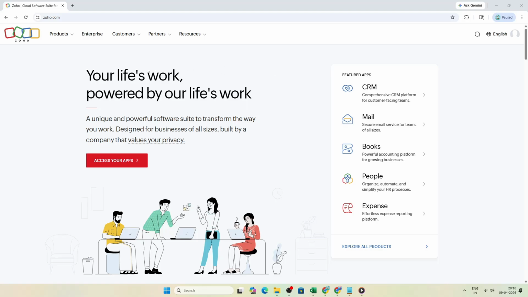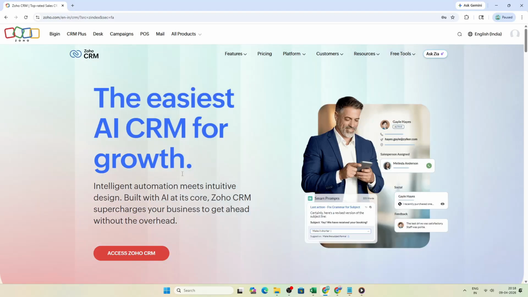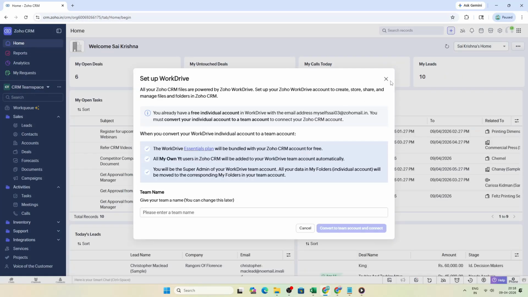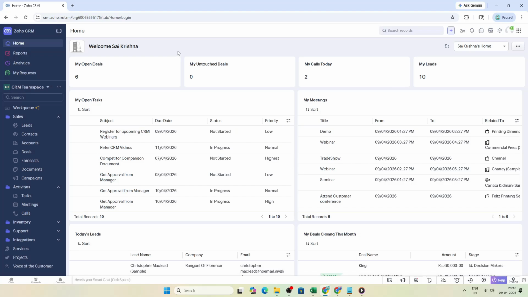Start by opening Zoho and signing in. Once you are on the main Zoho home screen, click the CRM app to access it. This takes you into your organization's CRM workspace, which is where the user management area is available in this workflow. If you are new to the interface, give the page a moment to load and confirm you are in the